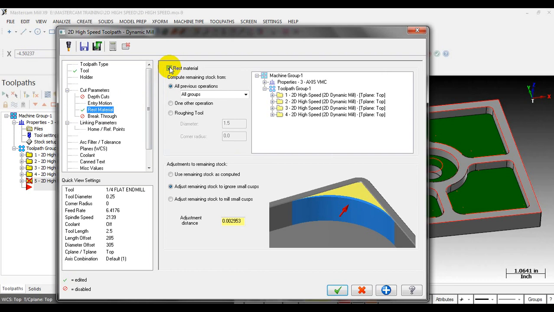Okay, you can see we have some options here. In the rest material area, Mastercam will ask you how to compute remain stock. You can let Mastercam compute the stock from all previous operations on all toolpath groups, or just